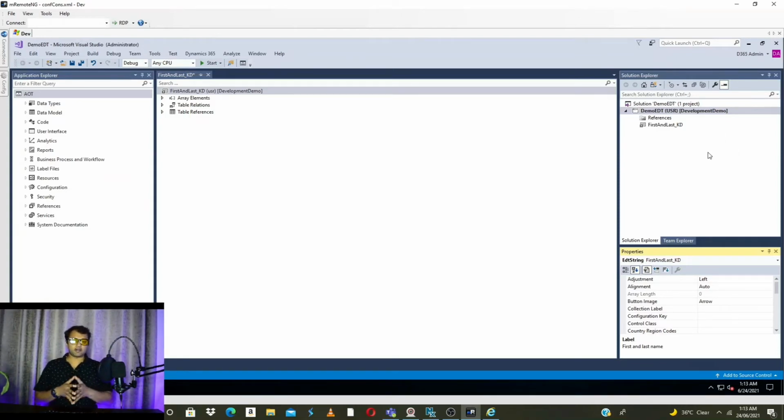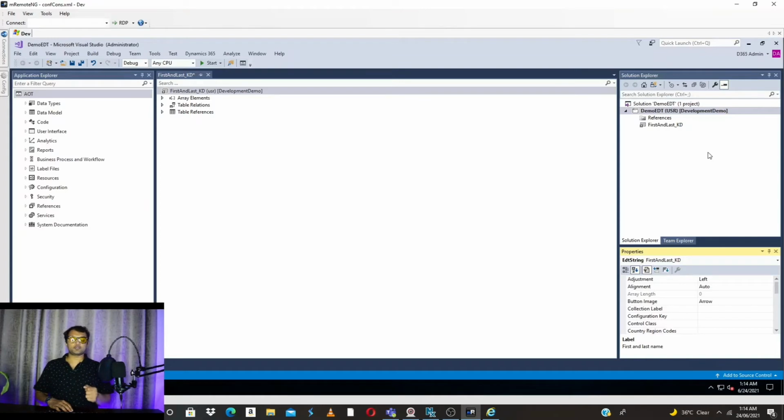The advantage of using this EDT is that, let's say for example, later on you decide to change the size of this field, and you have used this EDT in multiple locations, meaning multiple tables. Instead of going to each table one by one, you can just change the size of this EDT and it will be applicable to all the tables wherever this EDT is utilized.